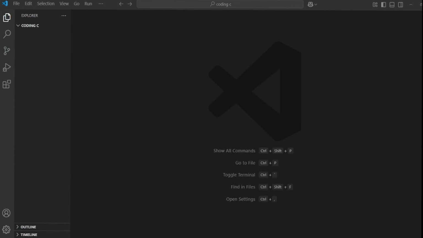In this video, we write a program in which we take input from the user and determine whether the inputted year is a leap year or not. Now let's get started. First of all, we create a file